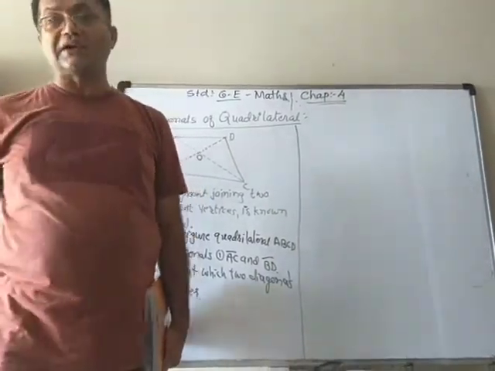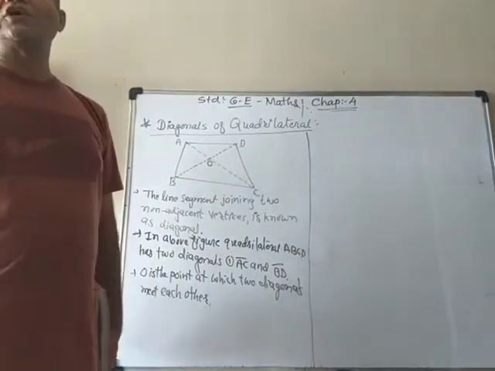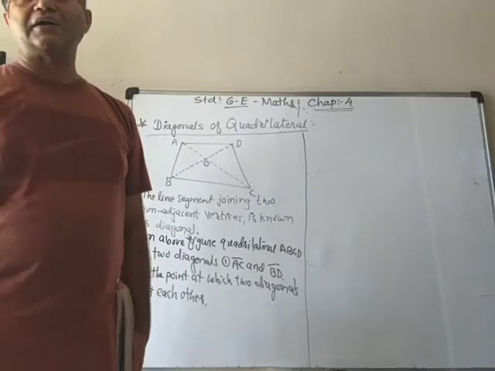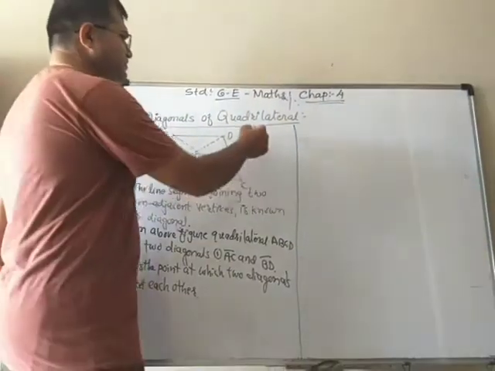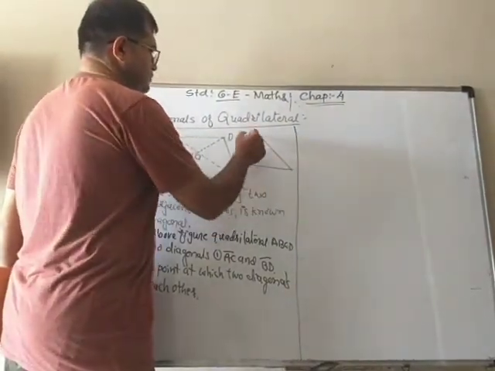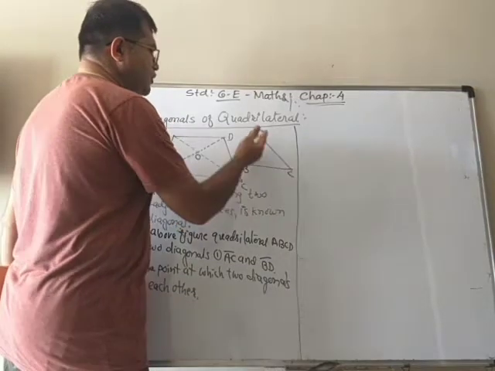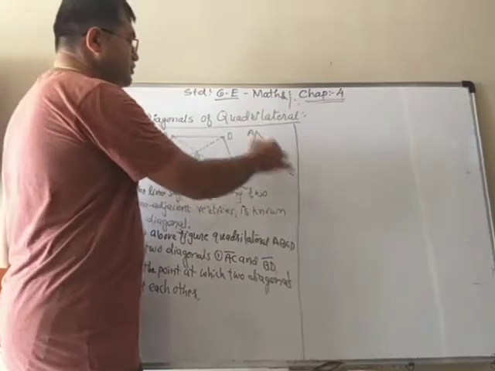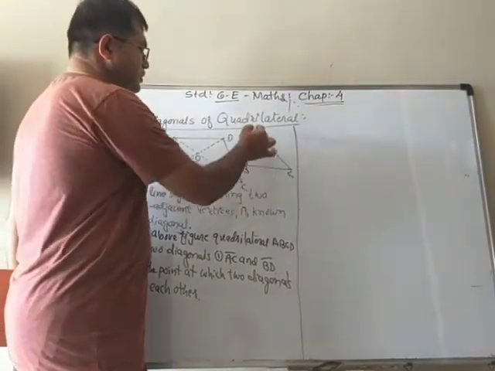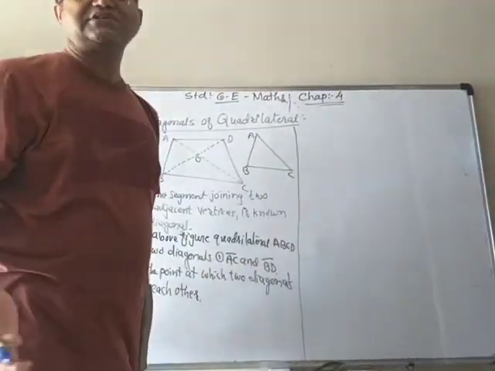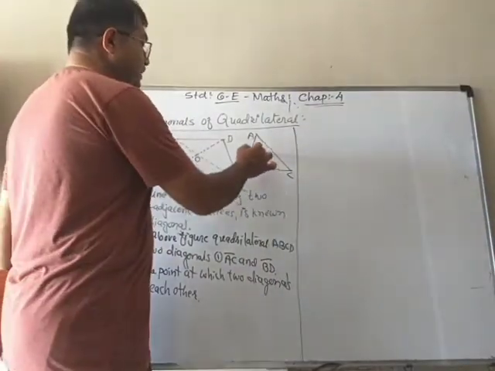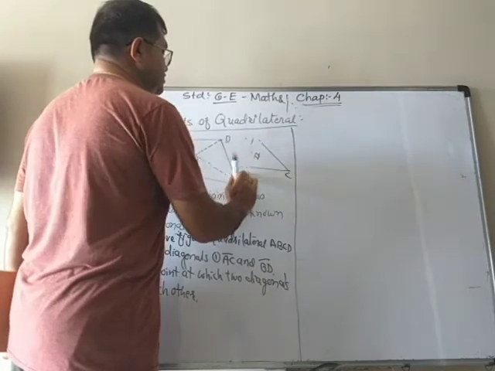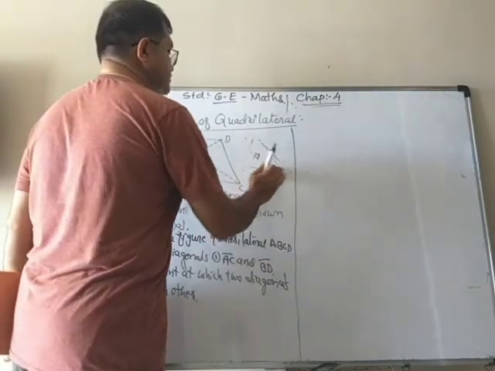known as diagonals of the quadrilateral. All the polygons have diagonals except the triangle, because if we take a triangle, we don't have non-adjacent vertices. We can't draw one because it is already joined. Therefore, we don't have other vertices. So a triangle does not have any diagonals. It starts with only the quadrilateral.